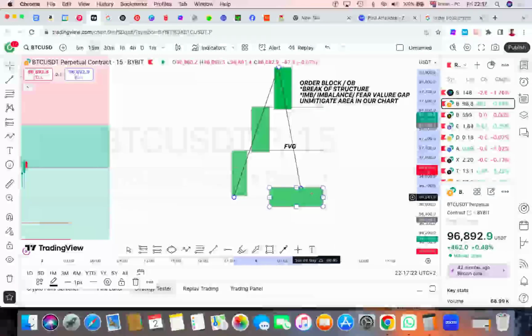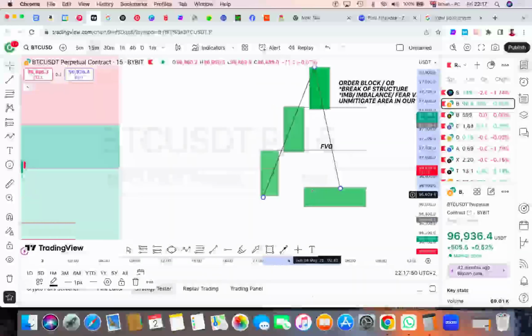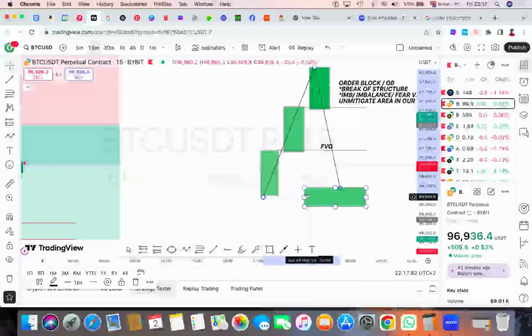So as most retail traders, like most traders who trade candlesticks, I don't want to be offensive to say, okay, if you are trading price action, maybe you are not really doing great. There are a lot of retail traders who trade price action who actually know what they are doing, and they don't get stopped out. They know where the orders are, they know market structure. So now, if you know where the institutions are placing their orders, you definitely want to be trading from those zones, because why?